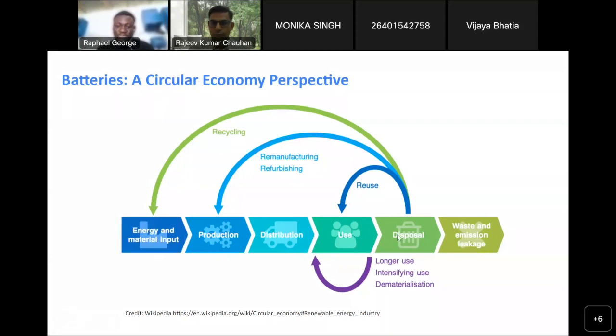Now, the problem with this linear approach to the entire battery value chain is that it is not sustainable. We are taking limited materials from the earth, and the more we take, the more we put the environment under pressure, the more materials we require, and the fewer materials we can get from the earth. So this linear approach is not sustainable. At the end of the day, we also don't dispose of these batteries responsibly at their end of life at the moment. So it becomes really important to look into reuse,